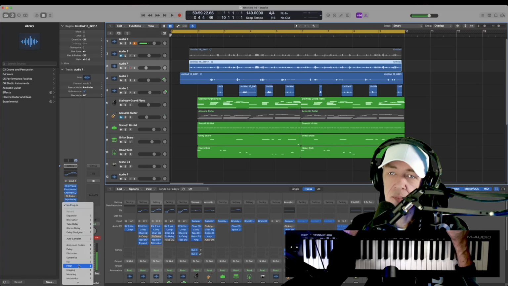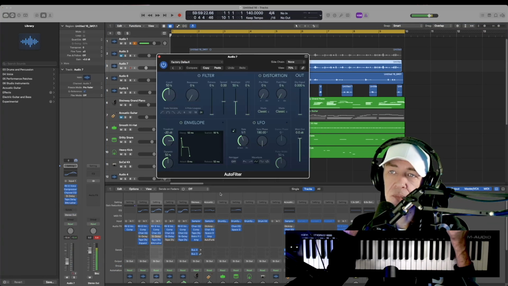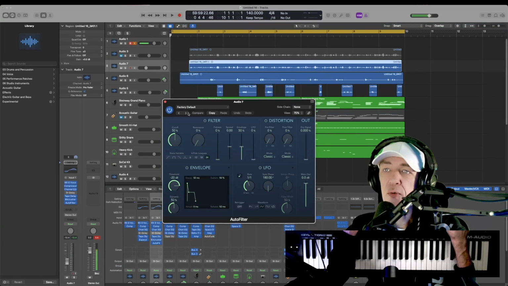Go into our effects, go into filter, AutoFilter. We'll just play this and go through some of these presets so you get a basic understanding initially of what's